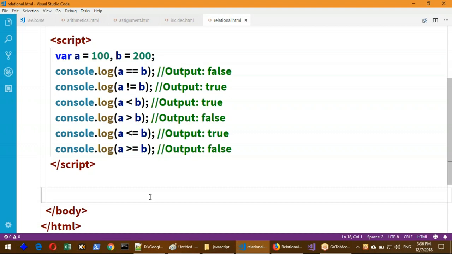Everyone check it. Clear, right? Fine. Next, after that,